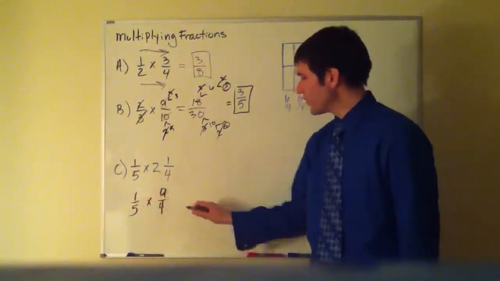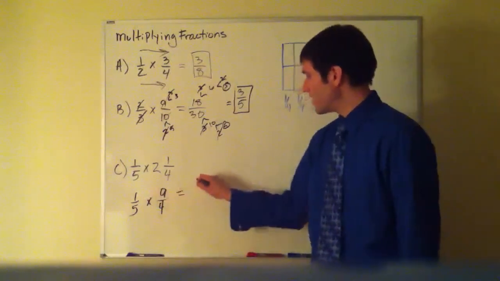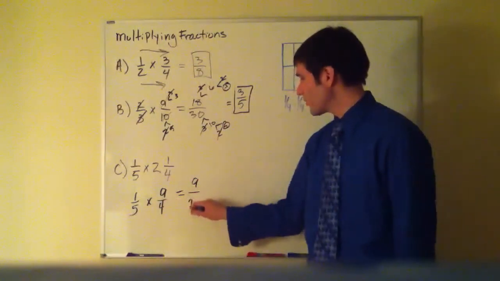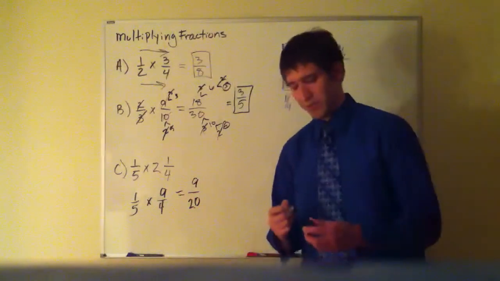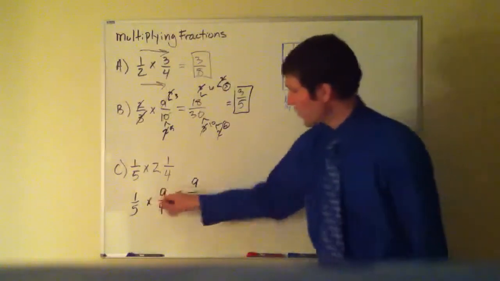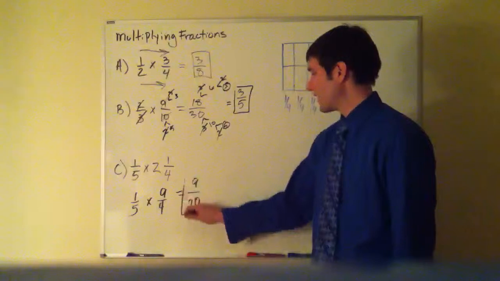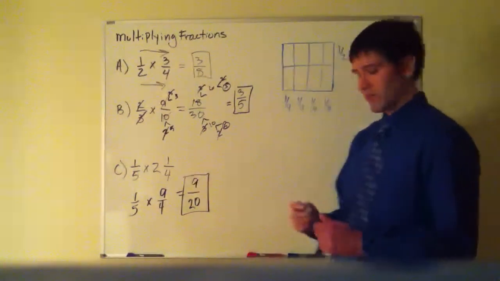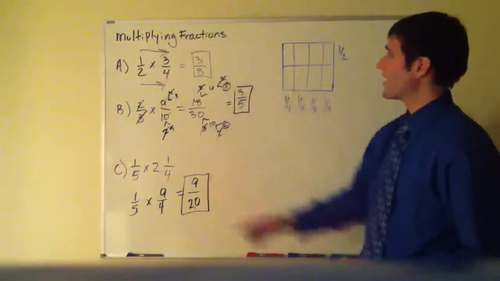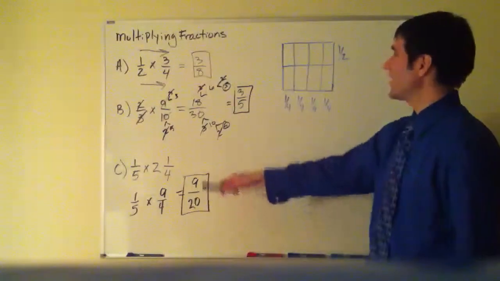Again, follow the same routine here. 1 times 9 is 9. 5 times 4 is 20. Nothing can be reduced. I would have known that if I saw anything that could be reduced in the beginning. 9/20. Now all this is well and good, but let me give you a little bit of a foundation on